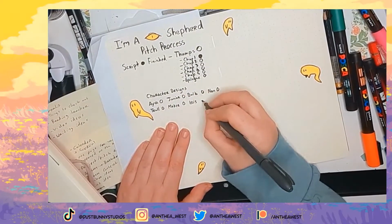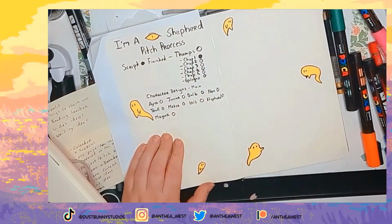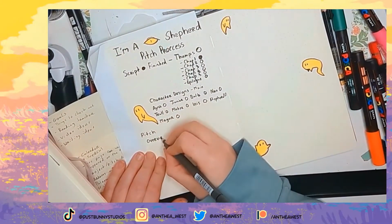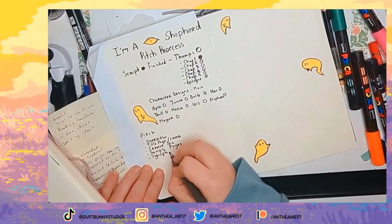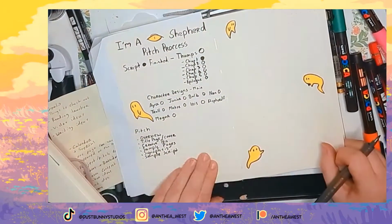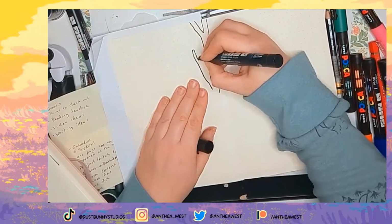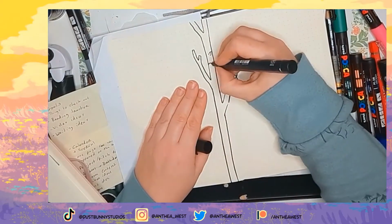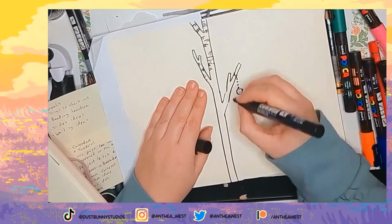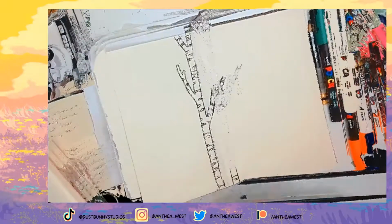The next page is the forgotten page. This page fills out a little more because I had a bunch of stuff from the previous journal that I transferred onto this page, just overall keeping an eye on my process. But I do plan on finishing this pitch at some point. It's not as urgent as the I'm a Shepherd one, and there's also a secret pitch that I'm working on that I'm not going to tell you about. Maybe in the